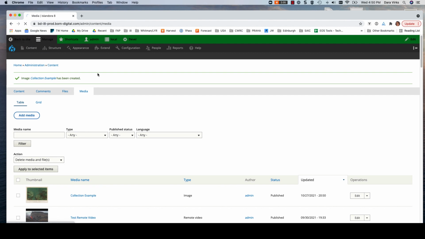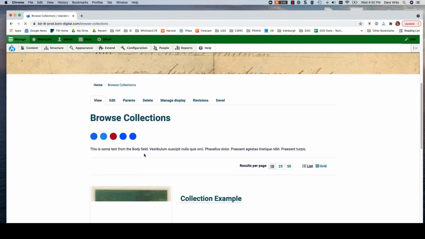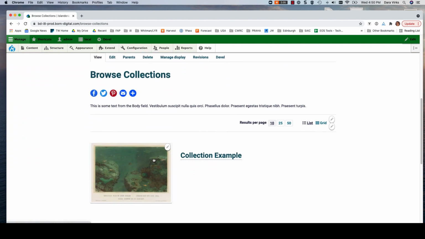And if I go back to the site, my thumbnail has been added. And if I go to Browse Collections, we see my thumbnail along with our example collection. In the next video, I'm going to talk about creating an object from within